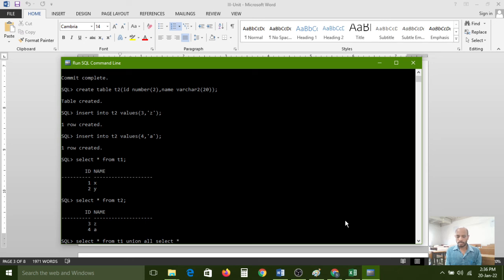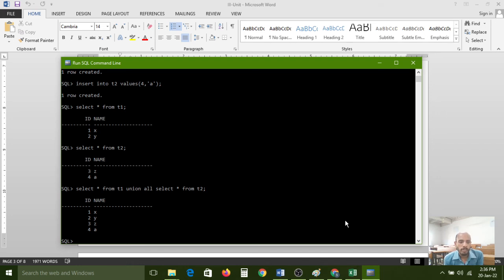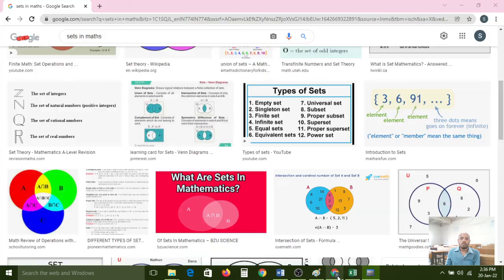Carefully observe: T1 contains two records, X and Y; T2 has Z and A, 1, 2, 3, 4. So in this output, with the help of the union all operator, the two tables' data is produced like a single table's data.